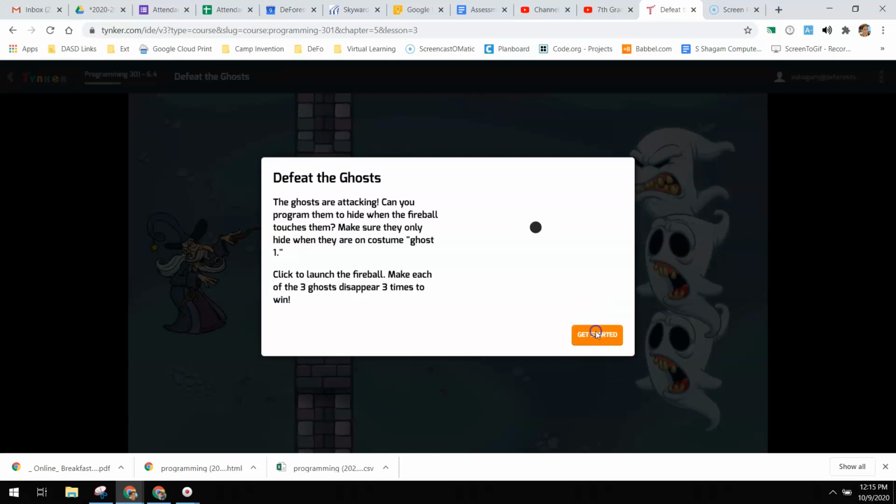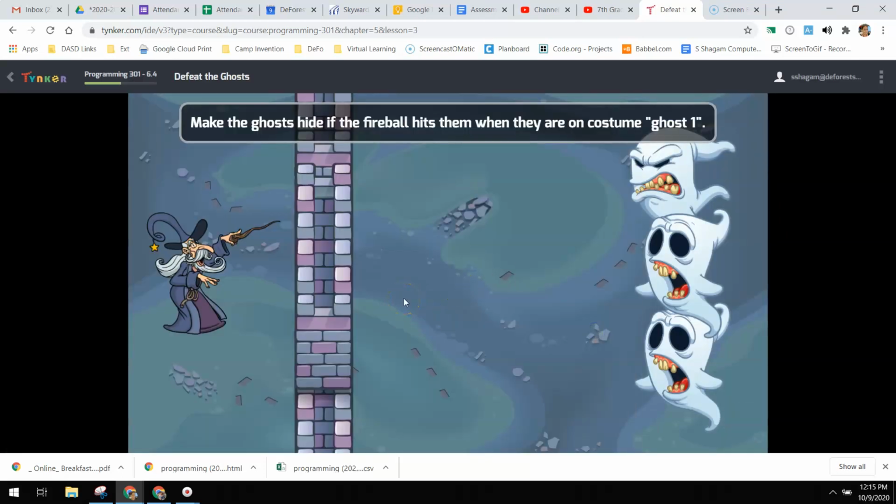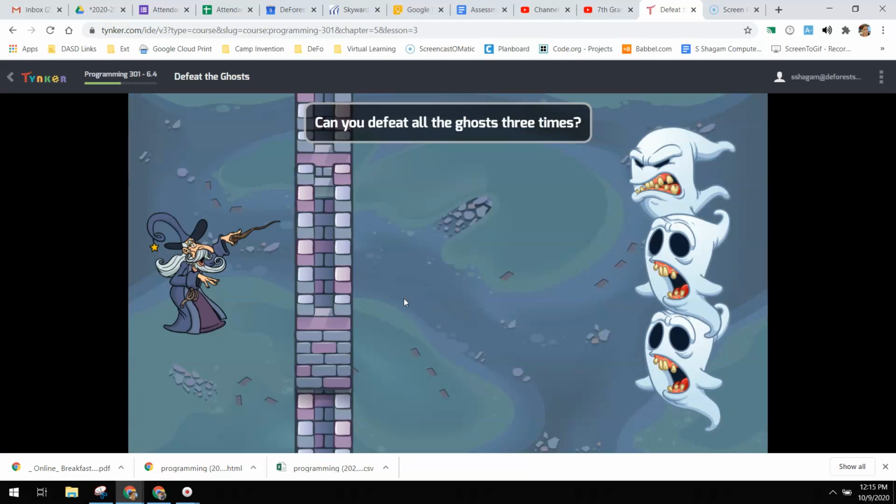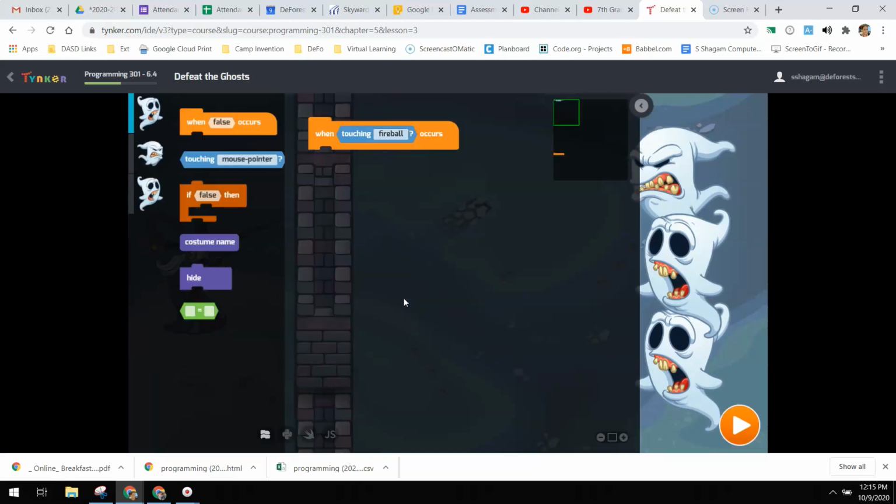All right, defeat the ghost. So we want to make the ghost hide if the fireball hits them. And we're going to defeat the ghosts 3 times. So when touching fireball occurs, we're going to check to see if the costume name is equal to